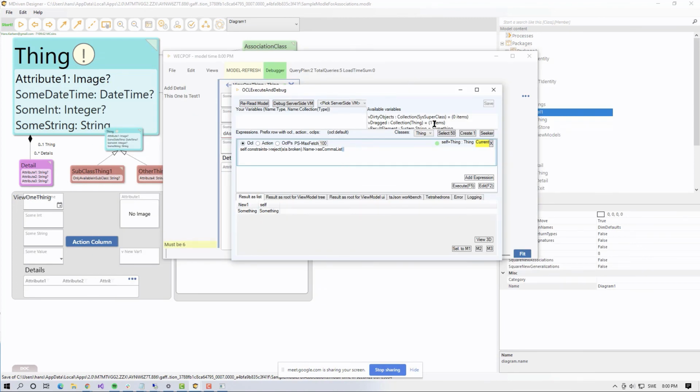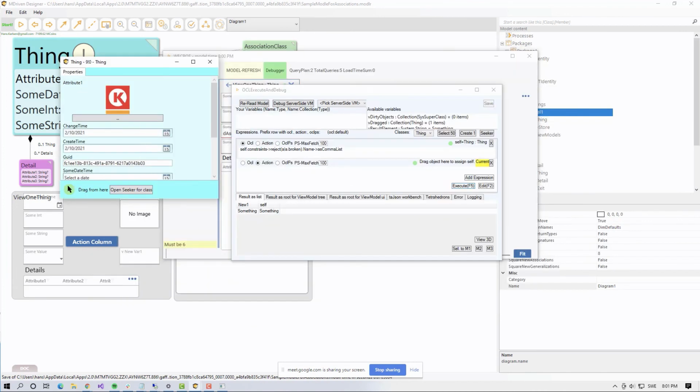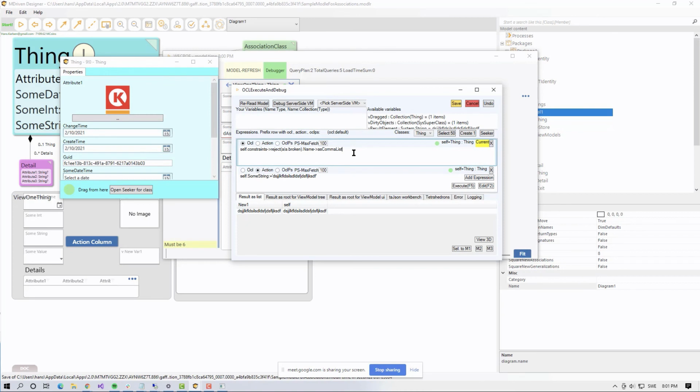And actually we should be able to repeat it in the debugger, and if we have the same self, dragging this green dot to that green dot, having the same self in these two, and if I then set self dot some string assigned something really long, and something really short,